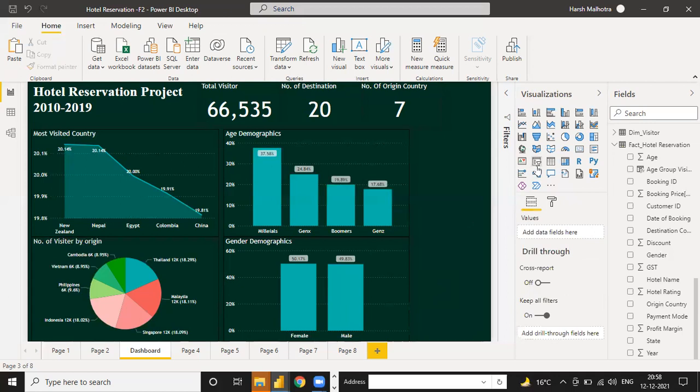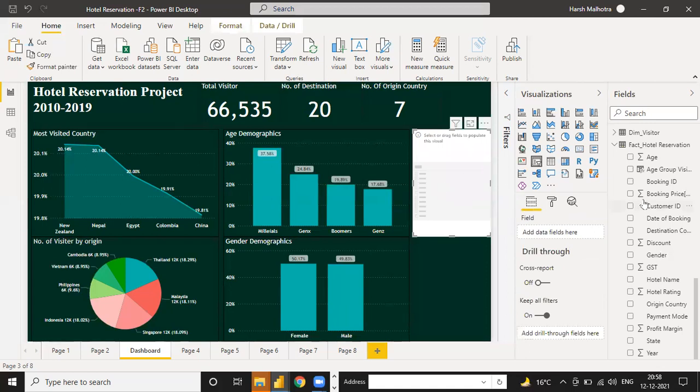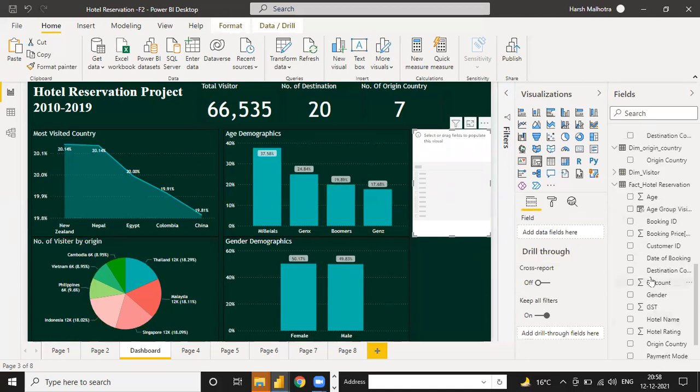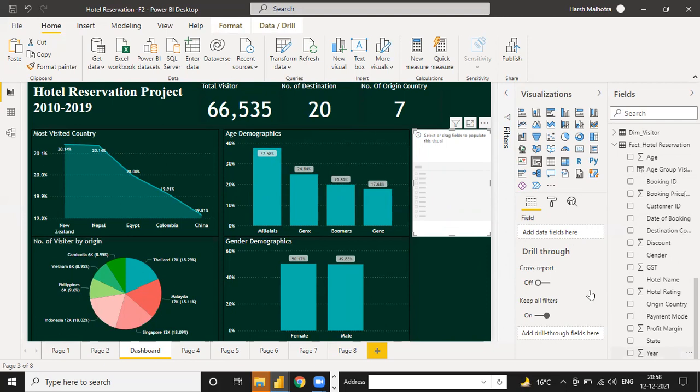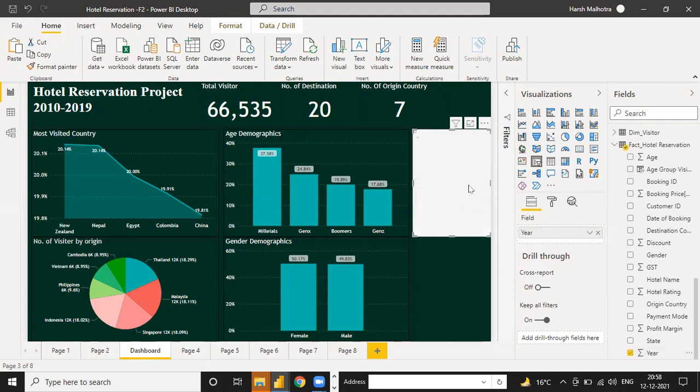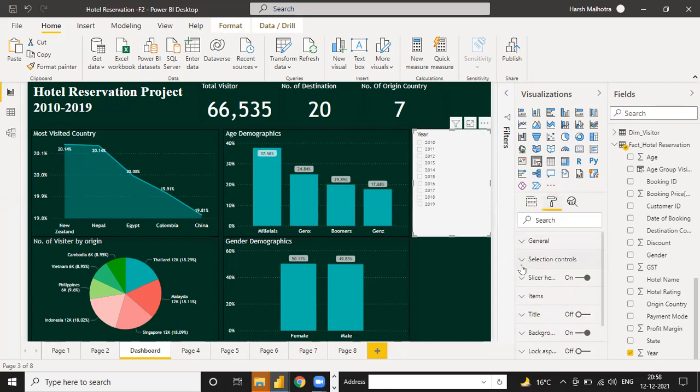Okay, and select this range. Select the year. Not on this basis. Okay. List. Go to this journal.